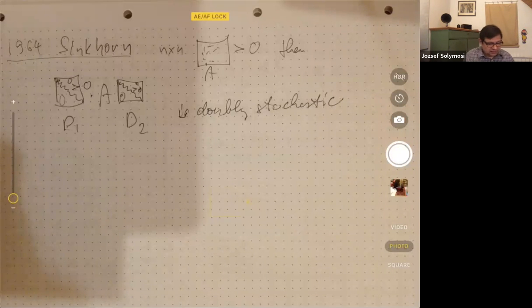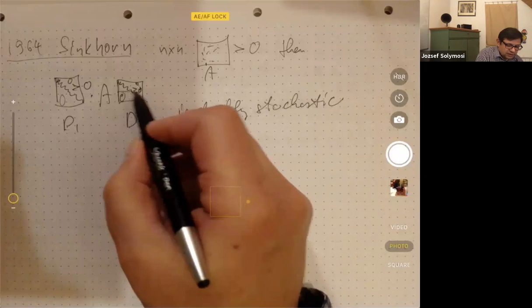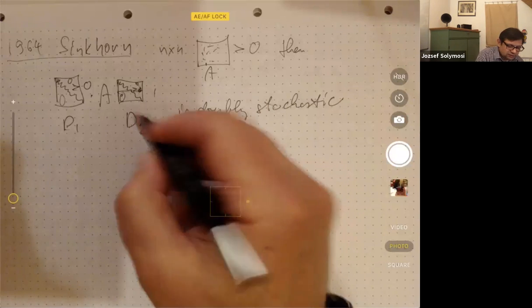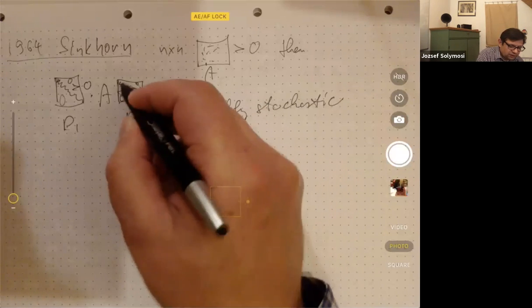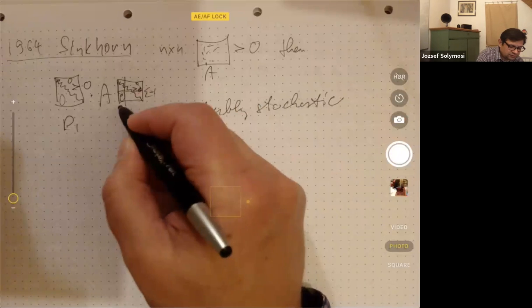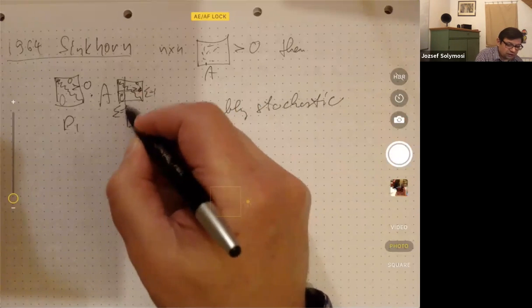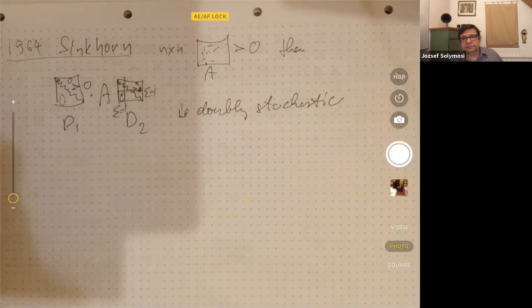That means that for every row, the sum of the entries is 1, and for every column, it's doubly stochastic. The sum is 1. So